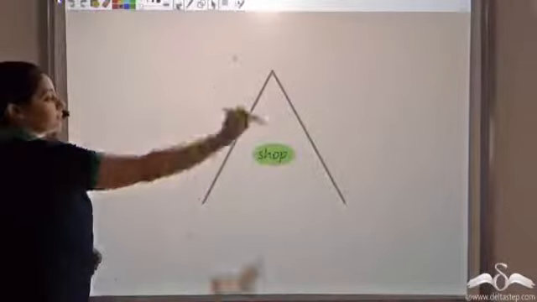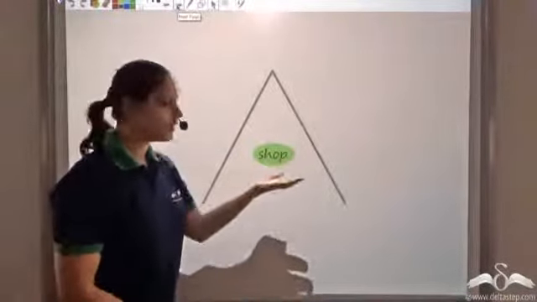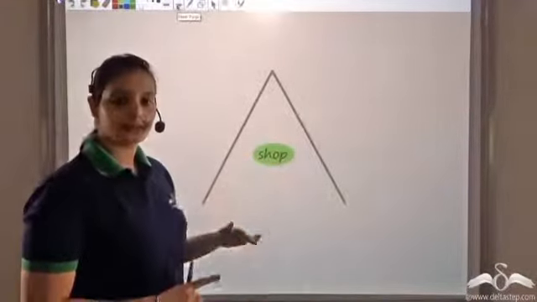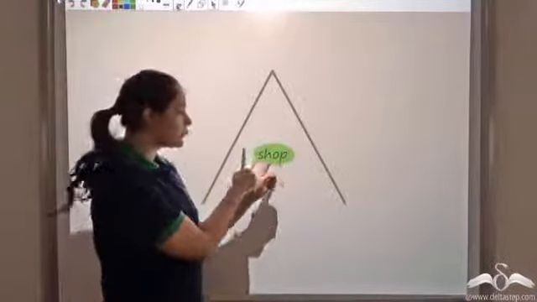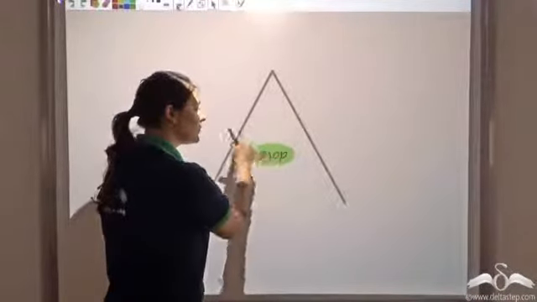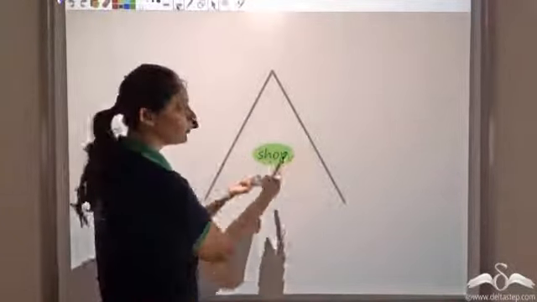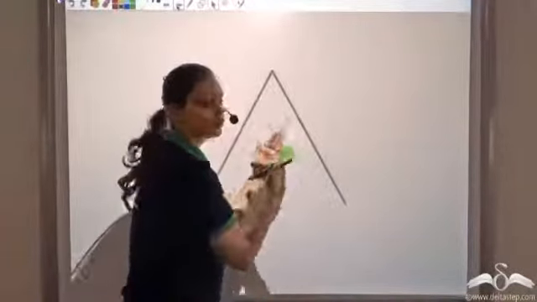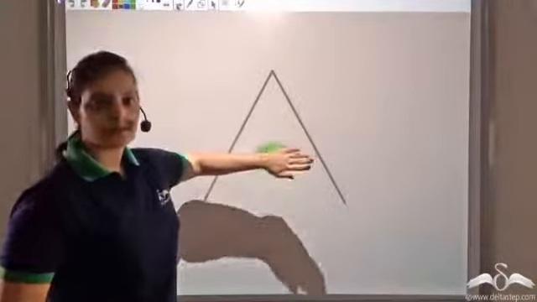So let us say the shop is somewhere in the center. Now where exactly is the question? So where do you think we should open the shop? Of course, the shop has to be opened at such a point such that it is equidistant from both these roads. If the distance of this shop from both the roads would be the same, then I can say that yes, customers from both the roads can come to the shop, and hence I maximize the number of customers that come to my shop.